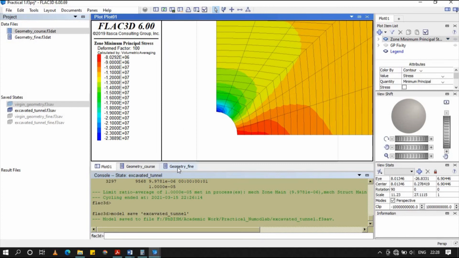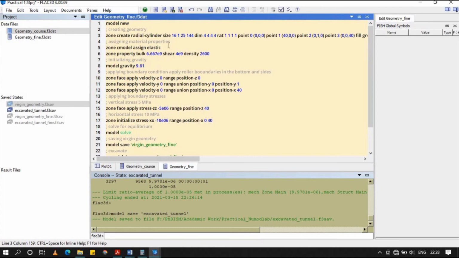So again we are using a different data file, and we're going to change the mesh size. Since we are using 4 meter of radius, we are going to use 0.25 meter of element size. So there will be 16 elements in the radius, 1 in the y direction, 25 in the periphery.